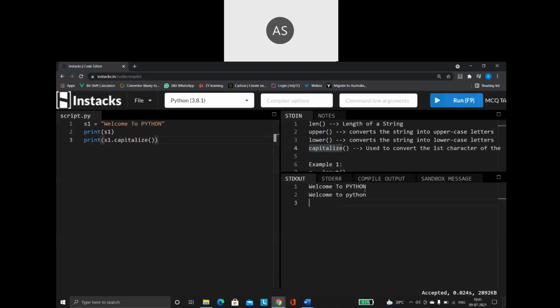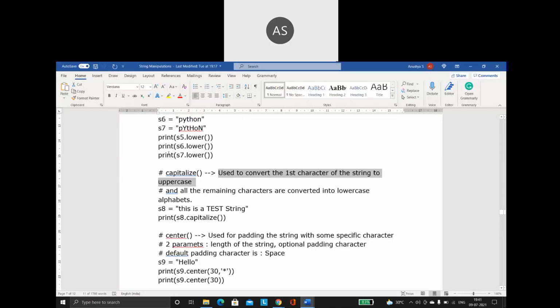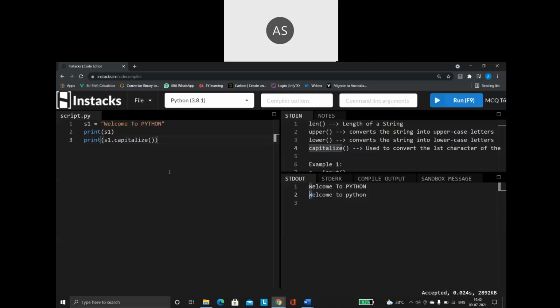See the difference? This is my original string. When I use capitalize, this is what happens. Whenever you call the capitalize function on a string, other than the first character, all the remaining characters will be in lowercase. Only the first character will be in uppercase. That is the usage of this particular function, which is called capitalize.